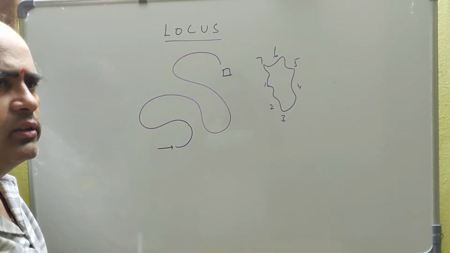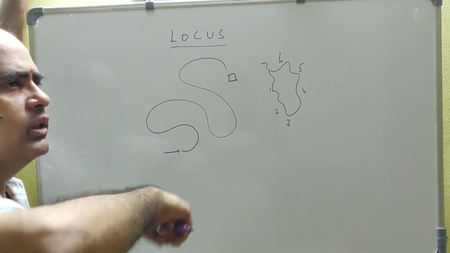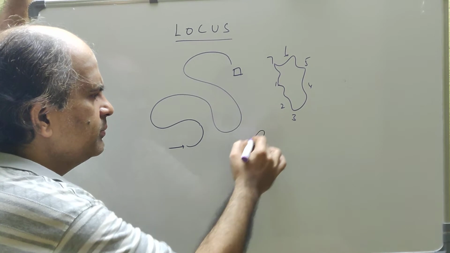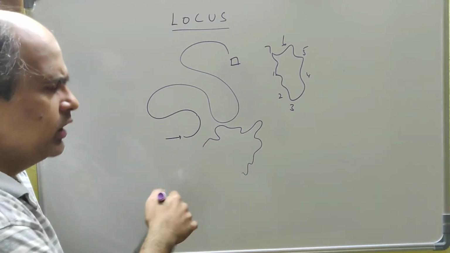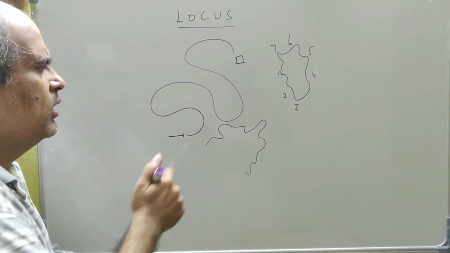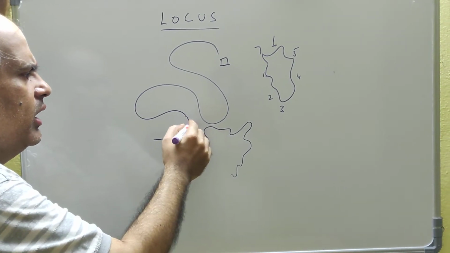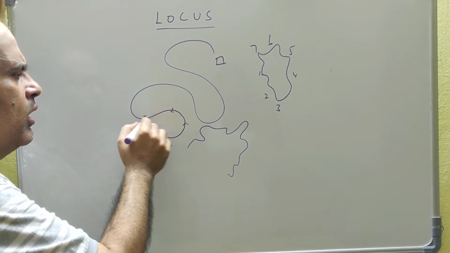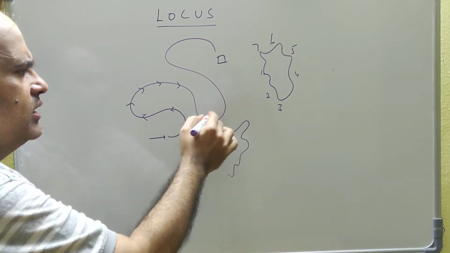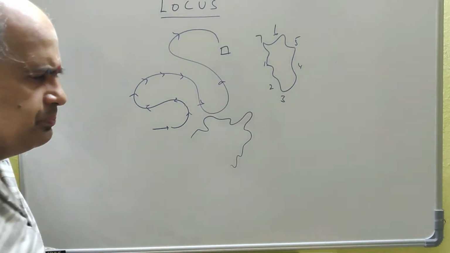Or generally in social studies, I observe that when I draw the outline of a map, that would be this way, the outline of the maps. So in all these examples what I have given you, it is just a path. It does not follow any particular rule or any particular condition. It is just a path.